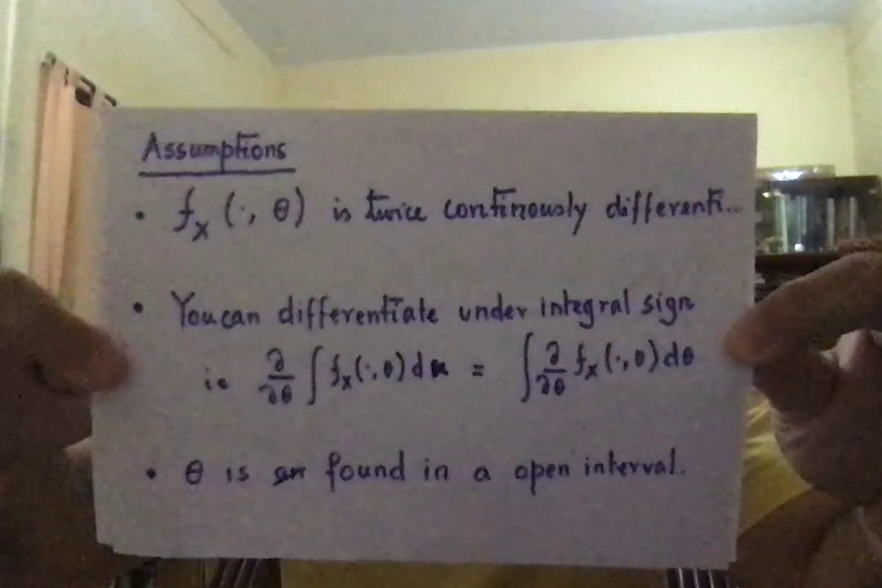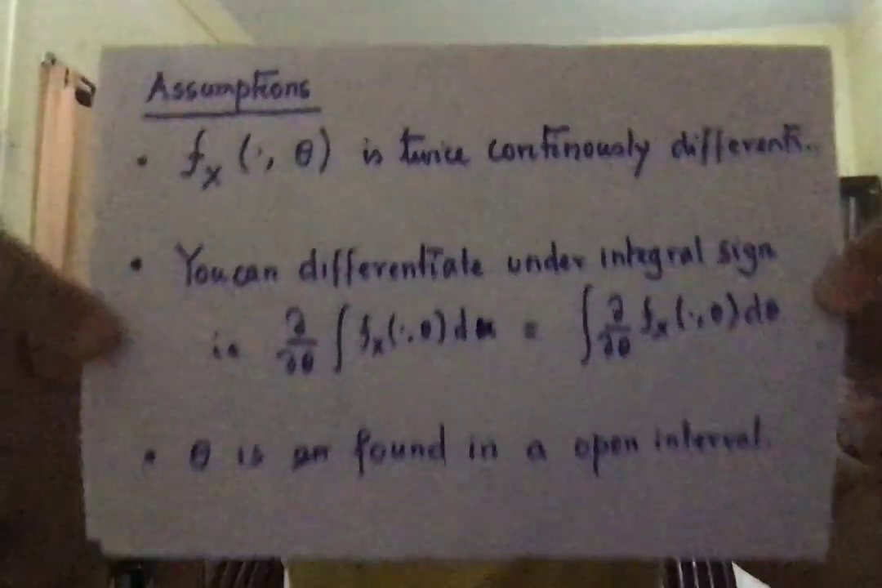Richard Feynman used to say that he had used this tool, or rather he used to tell, "I have used this damn tool over and over again," and he wrote in his book, Surely You're Joking, Mr. Feynman, that he looked very smart by computing integrals which others could not. And of course theta is assumed to be from an open interval, maybe